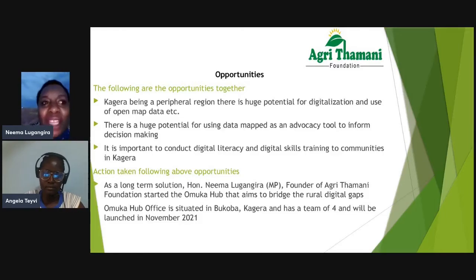But how can we get the rural food systems without having the data? So such initiatives and getting more mappers on board can inform government strategies, development partner strategies on how to improve food systems, for example. But there is also a huge opportunity of getting youth involved in mapping activities.